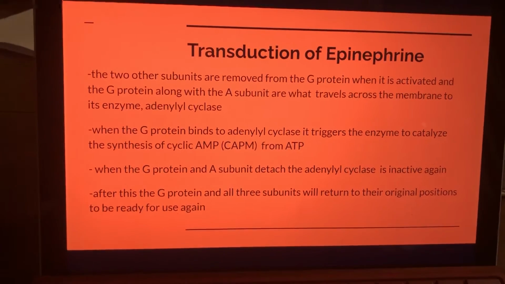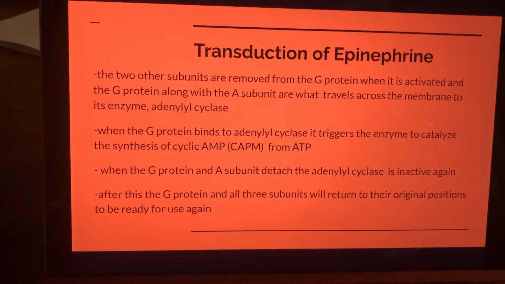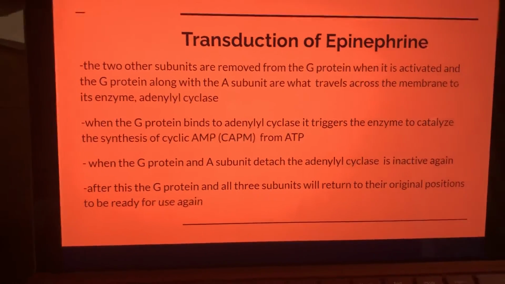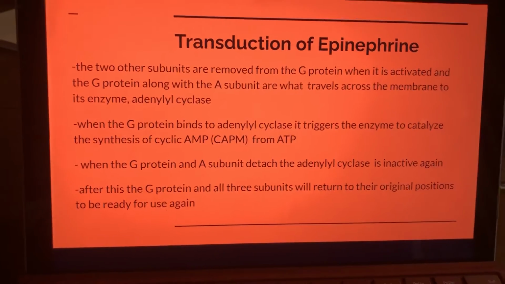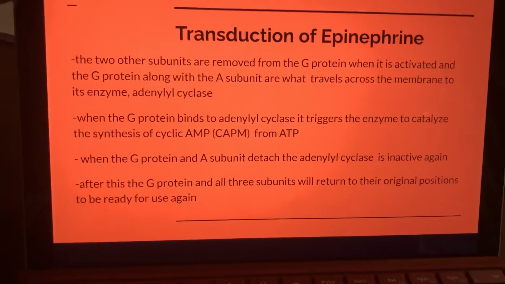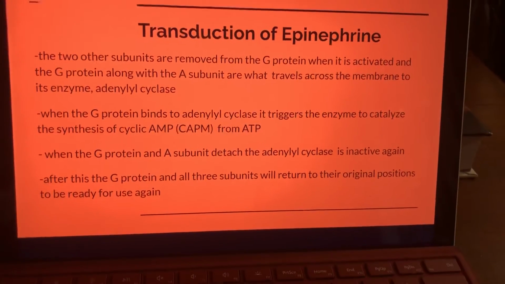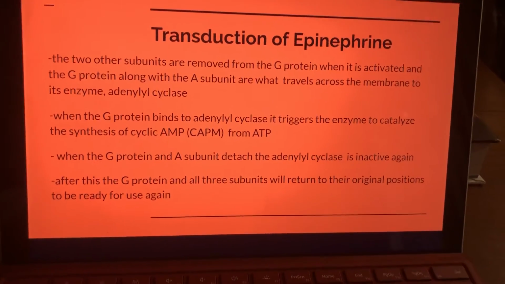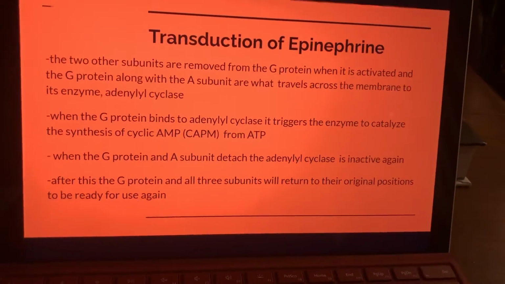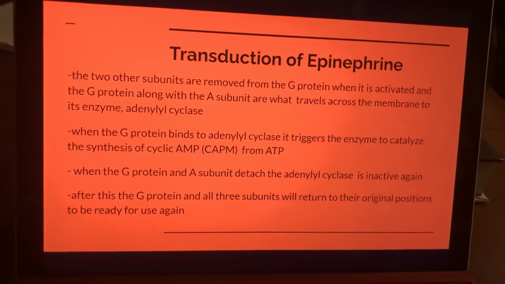And the G protein along with the A subunit are what travels across the membrane to an enzyme called adenylyl cyclase. And when the G protein binds to its enzyme, it triggers the enzyme to catalyze the synthesis of cAMP from ATP. When the G protein and A subunit detach from the enzyme, it is no longer active. And the G protein and 3 subunits will eventually return to their original positions in the membrane and be ready